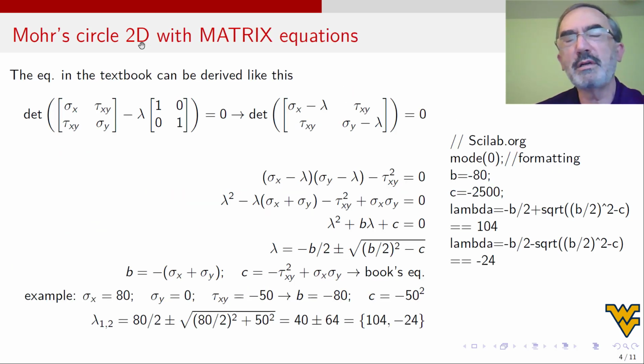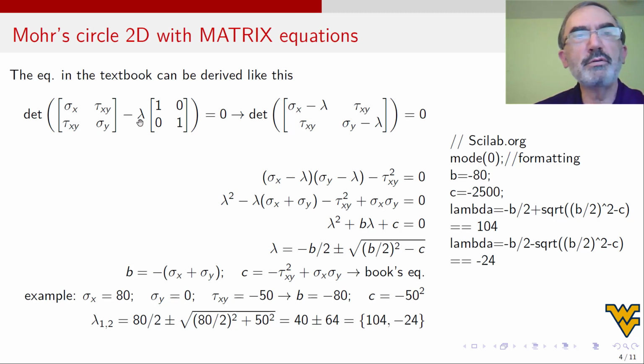So we are still on Mohr circle 2D, and I'm going to tell you how the equation in the textbook is derived. And it can be derived like this. The book says, okay, if you arrange the stresses into a matrix, which really is called a tensor, but we're not going to go into why it's tensor and not matrix. That's for a graduate course. So the stress tensor, think of it as stress matrix, in 2D is 2 by 2. And you put the stresses like this, sigma x, sigma y, tau xy, and tau xy. It's the same as plane stress, like a state of plane stress, where we have only these stresses.